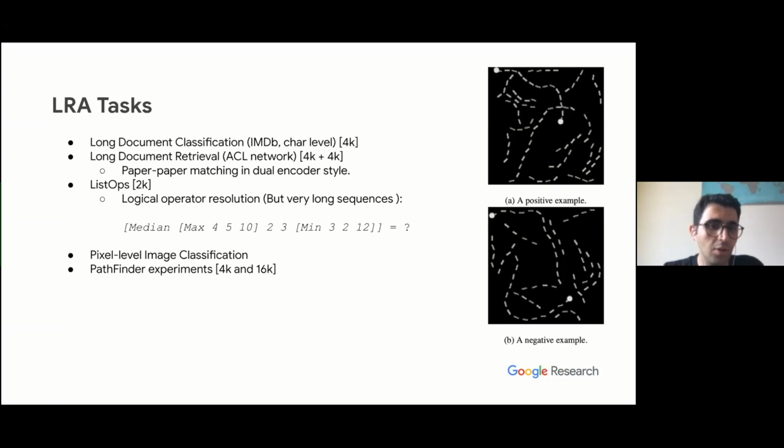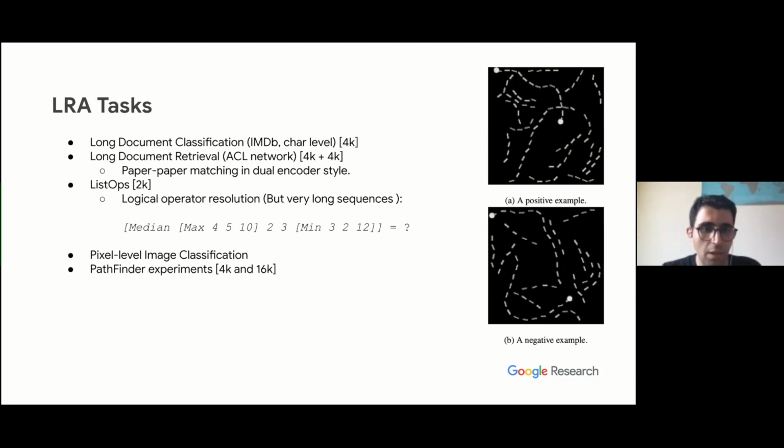The other one is long document retrieval or matching, which is ACL network, where we have 2 inputs, 2 documents, and we want to basically match if they're related or not. Each document has 4K length if we go character level. And then the other one was ListOps, which is a synthetic data set for logical operation. In some way, this assesses the ability of models in modeling hierarchical structure for solving such a nested